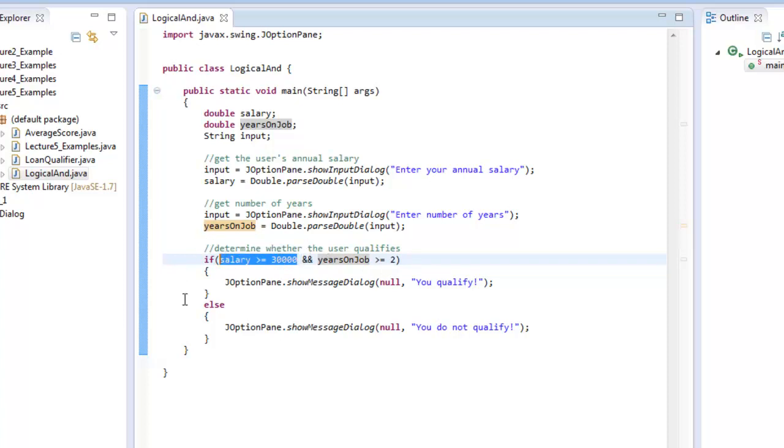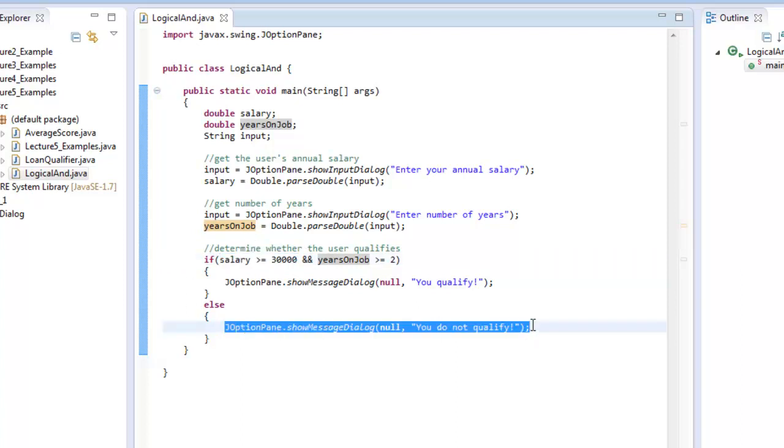The runtime environment executes the compiler, and then executes the program after the program has been compiled. And then we will see in the console, that's the word I was trying to get out, we will see "you qualify" if both of these are true, but if this one is not, then the runtime environment will take